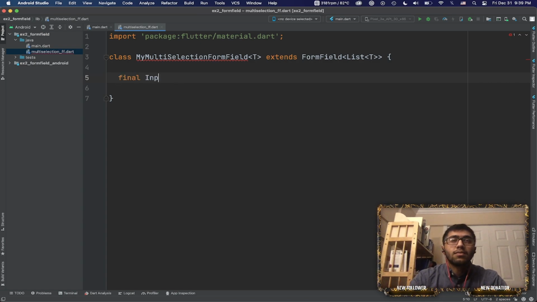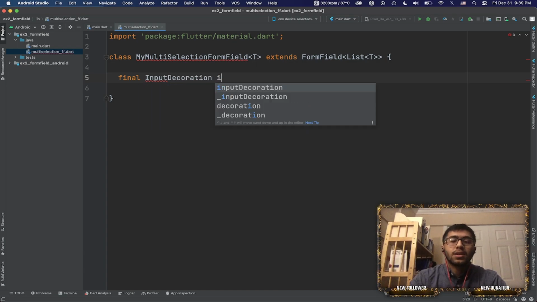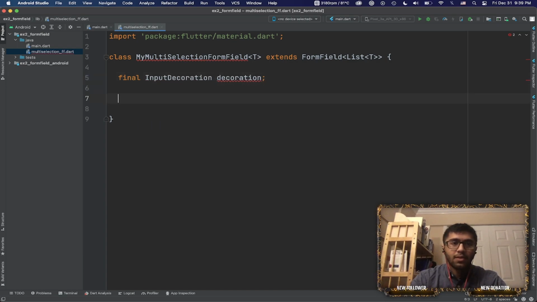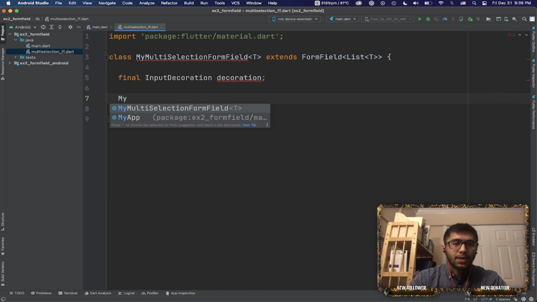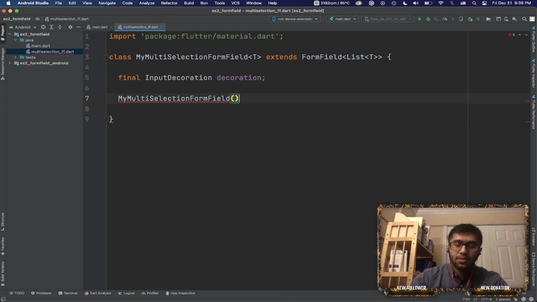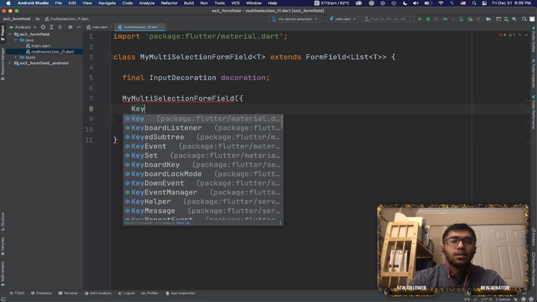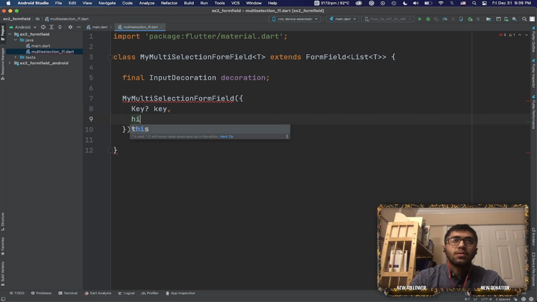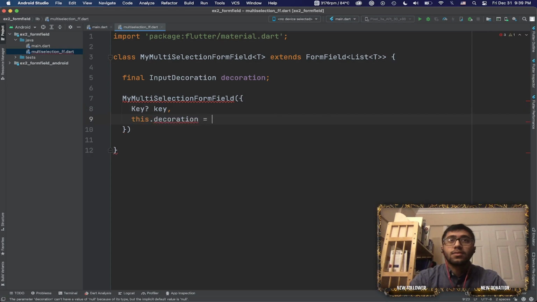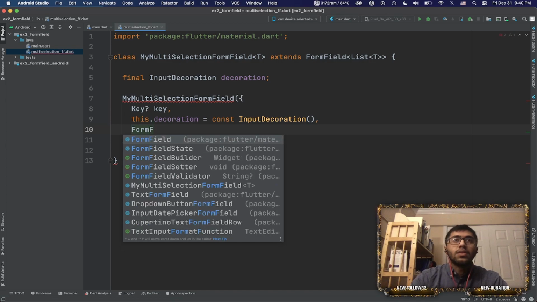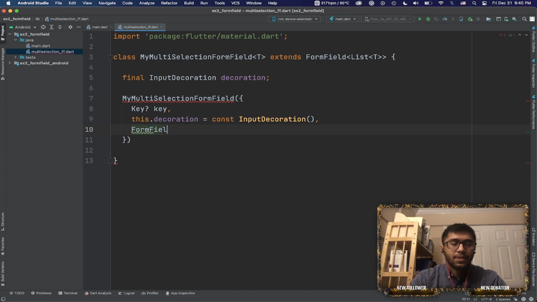Now inside here we do have an input decoration, which I will come back to, why we need that. We're going to go ahead and create our constructor here. So we've got parentheses, inside a curly brace, and we'll start off with a key, which we won't end up using today. Our decoration, which I talked about briefly. If we don't pass it, we're going to create a new input decoration. And then the two important states are